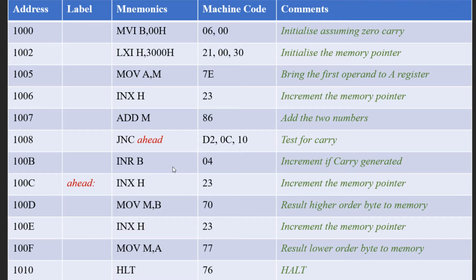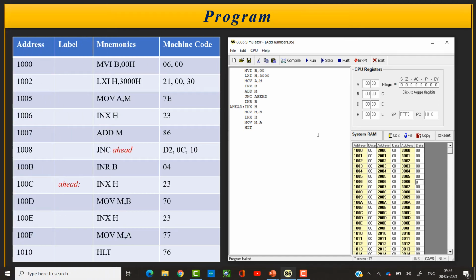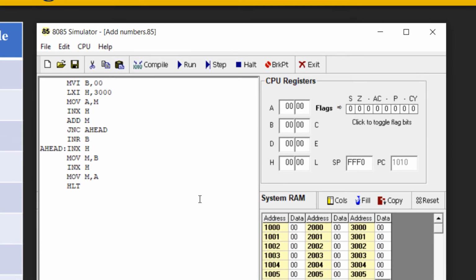In this particular tutorial, we'll use a simulator to simulate this code. So let us go to the simulator. This is the simulator which we are going to use, and I have already written down the program so that we don't waste time in entering the program. Our job is to compile this program and learn how to see the result of the program. So let us compile it first.